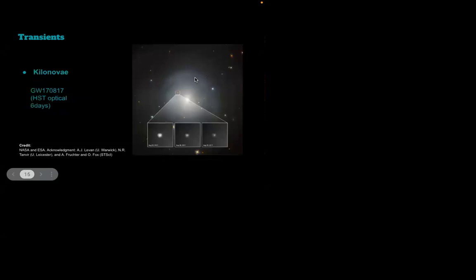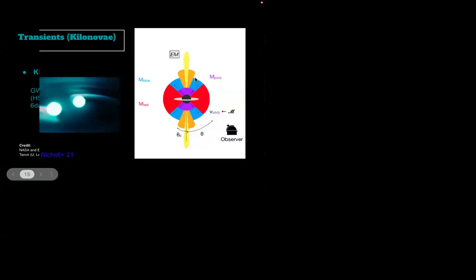And the other type of transient that we are interested in is kilonova. I'll tell you why I have chosen these two: supernova and kilonova, they have some specific use. For kilonova, we have only detected one kilonova with a GW counterpart. This is GW170817, and you can see again, in this time, it is becoming bright in an HST image, and then it is going dim and dimmer. For this reason, these are called transients. It just increases its brightness and goes away. Here the kilonova is, and this is the host galaxy. I'll talk a little bit more about this transient, kilonova.